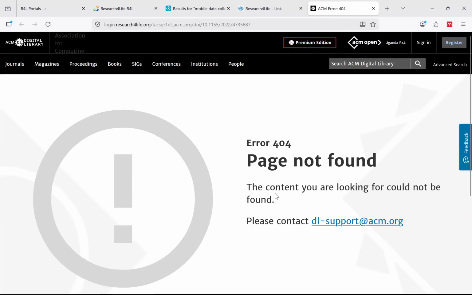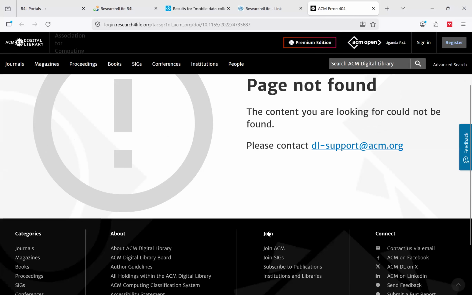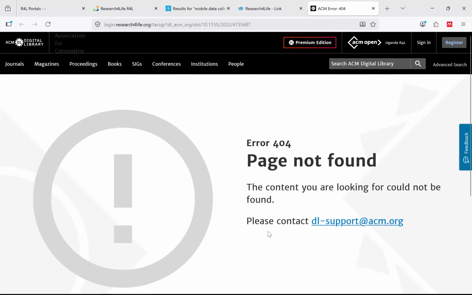In cases where an article opens or acts like this, oftentimes it is the internet or it's at the publisher's end. You can send this article or the title to your librarian to get it for you. Makerere has what we call document delivery services. In instances where our researchers don't have access to an article, you send it to your librarian.